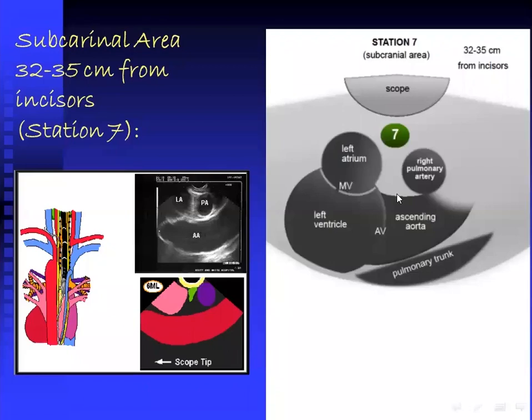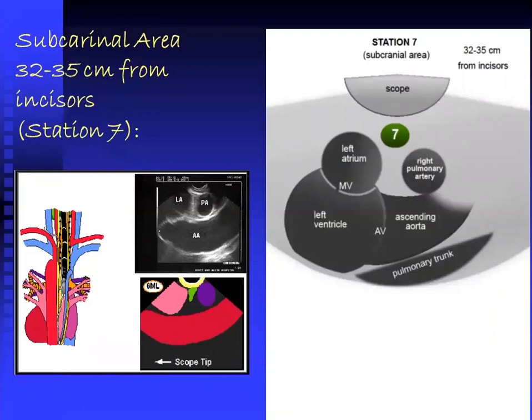This is a very nice schematic picture showing the echo endoscope at 32 to 35 centimeter from the dental arch, and here area 7 subcarinal in between the left atrium to the left side of the screen and the right pulmonary artery to the right side of the screen. And this is the left ventricle, and this is the ascending aorta, and this is the pulmonary trunk going like that to give its right pulmonary artery. Okay, at this station,